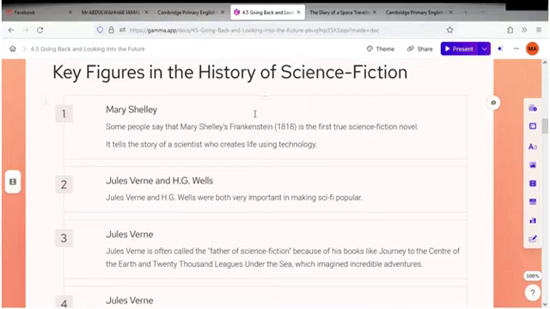Now let's go back to the exercise. Tell me what are the key figures in the history of science fiction. The audio track started by Mary Shelley. Mary Shelley is the first person who wrote about Frankenstein in 1818. It was a book talking about science fiction experiment about a very